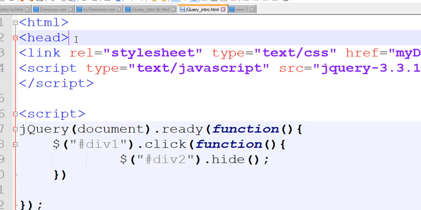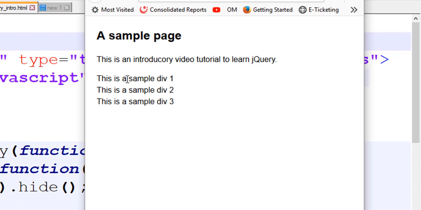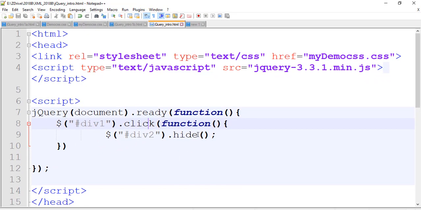I save the program and I open in the browser. So let me open in Firefox. This is the div1. So I'm going to click the div1. The moment I clicked div1, the div2 is gone, and you see only div3. So let me refresh the page for you. Run once again. I click div1. Watch here. The div2 will disappear now. So I click div1. Div2 is gone. So this is how simple we can write JavaScript,